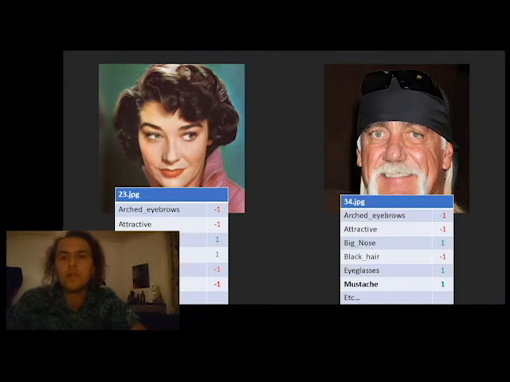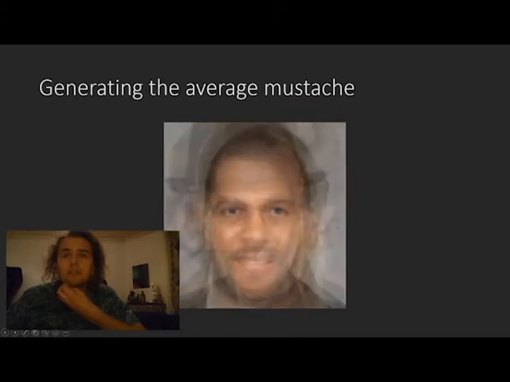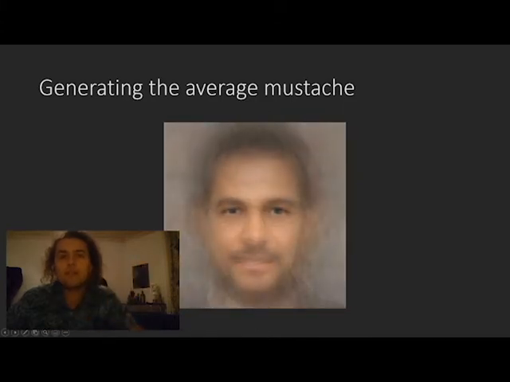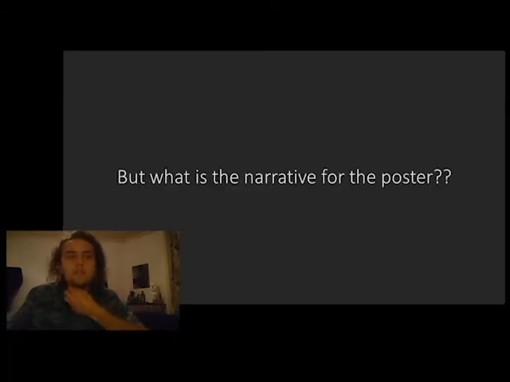All the photos had some tags with them that described things in the photo, like the nose or hair color, stuff like that. So I decided to focus on the mustache. I made a Processing sketch to incrementally generate this average and make an animation out of this. I had to think about what this average mustache really means. What do I want to say with this?